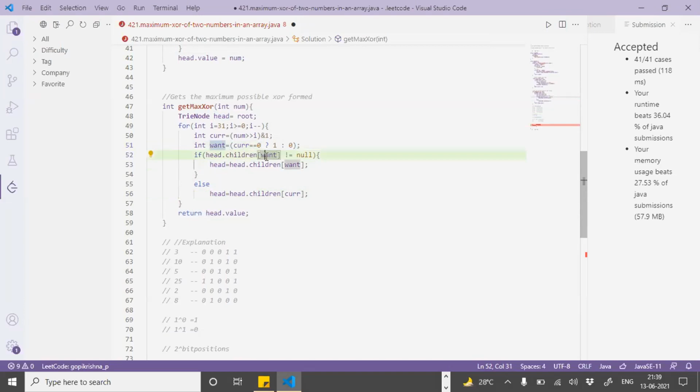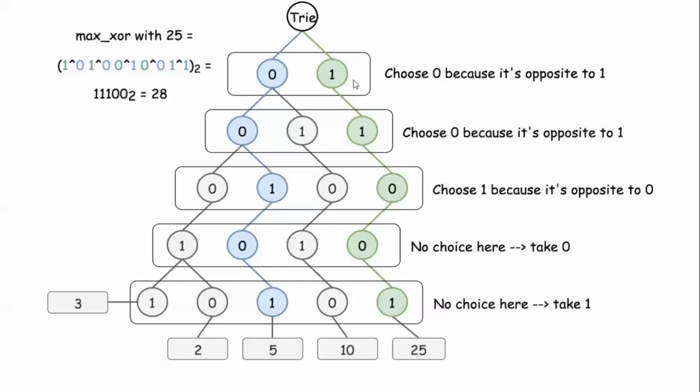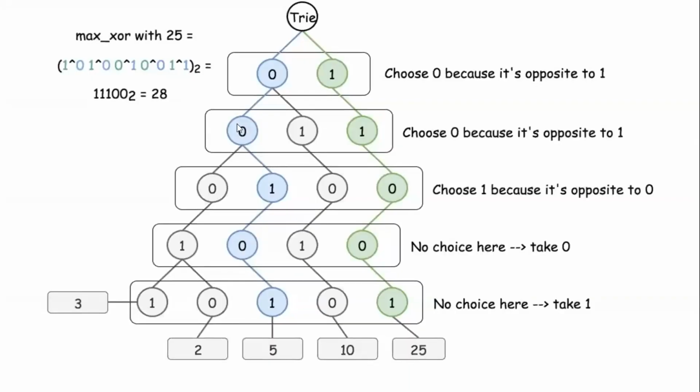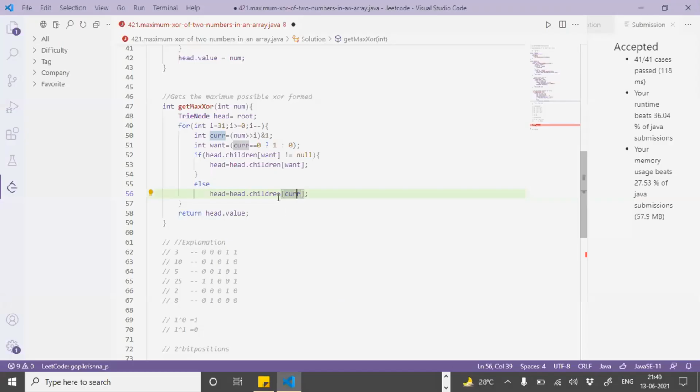Let's say that is not there in this path. If it is not there in that path, what we do is directly take whatever is at this point. If you can see, I am taking whatever is required here. If it is there, I take it. If it is not there, I take whatever my original value is.